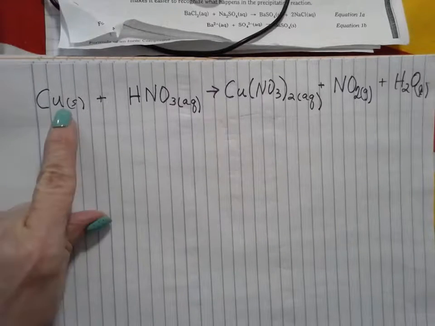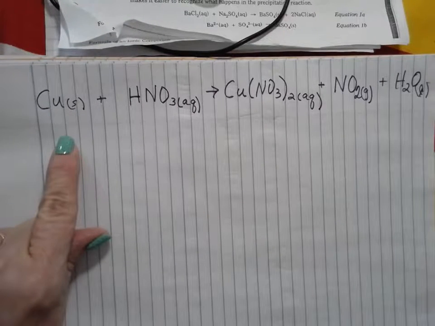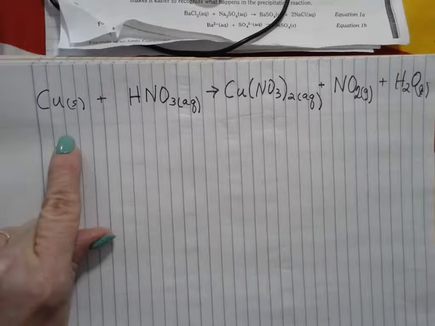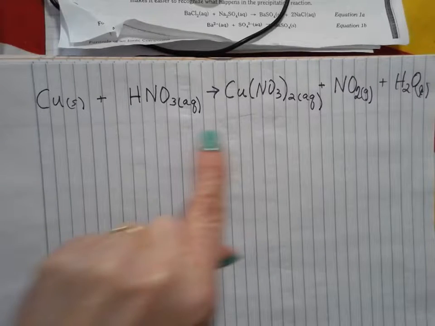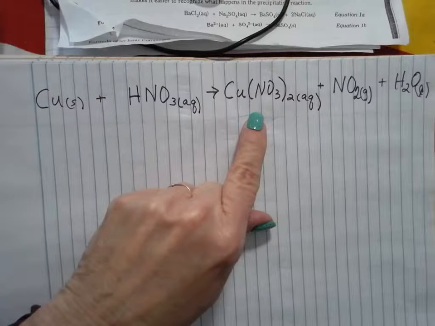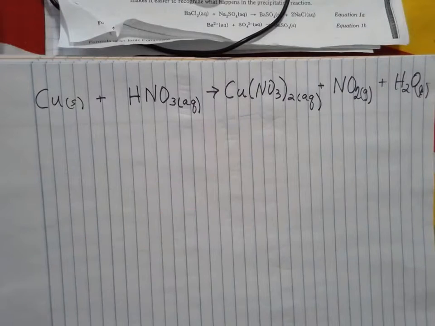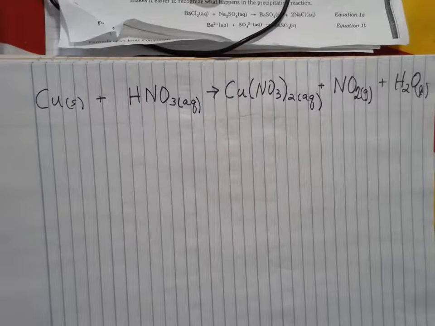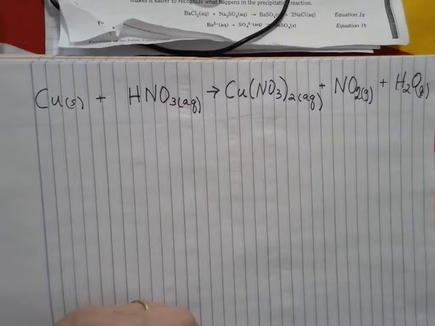So copper in its solid form has no charge, and we need to get it into copper with a +2 charge in order to make it react. And then we're going to do a replacement reaction, I think, and then another replacement reaction, so that we can see copper in all these different ways. Okay,